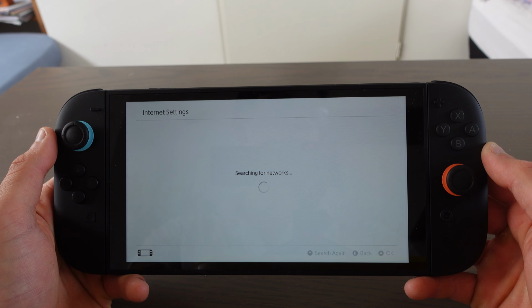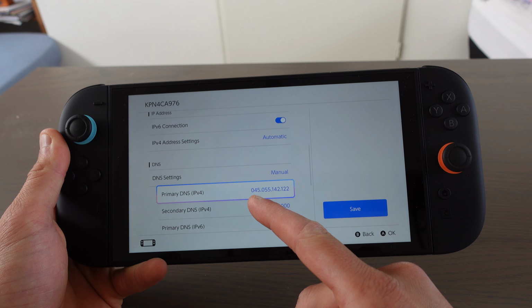Click on the Wi-Fi network you are connected to, this one, and then we need to go to change settings. And here what you want to do is change the DNS settings from automatic to manual. And then we need to fill in here the primary DNS